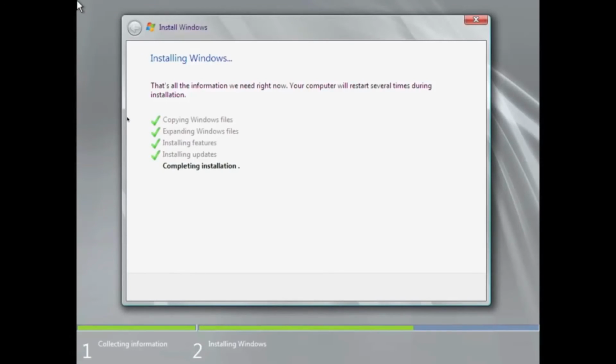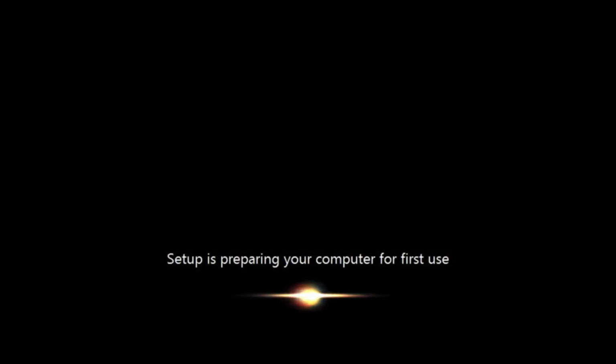So it made a couple registry changes, and now back to this window again, completing installation. It's going to finish up, clean up a few things, and we should be ready to go on our version of Windows Server 2008. Okay, so we see now Windows is beginning what they're calling our first use. So we see this nice snazzy little light peeking through something or other. And here we go. Okay, so the first